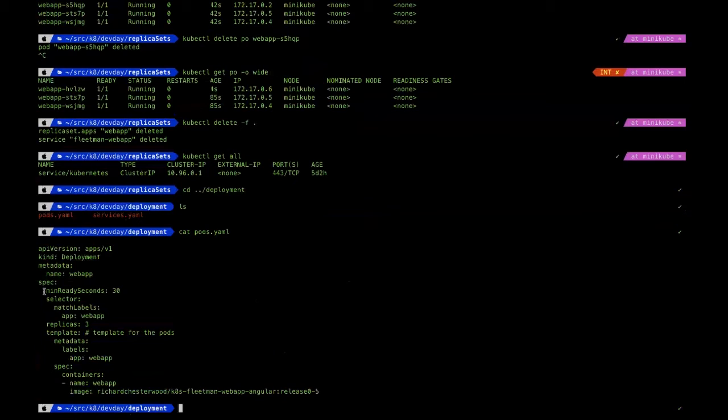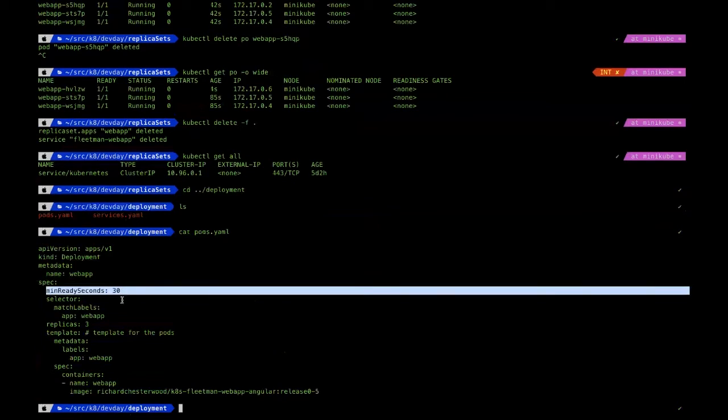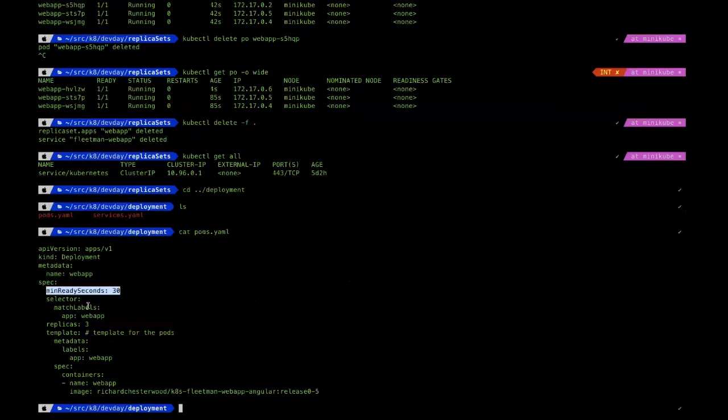I have introduced a new concept here, that's minReadySeconds. That means that before you ready a new pod, or if there's a failure, there's a 30-second gap. Normally in a production environment you are not putting this in, but today I'm applying it just to make sure that our demo is working correctly. So then we have time until the new pod is turned on. Okay, so let's deploy this thing, and we have 3 replicas in here.